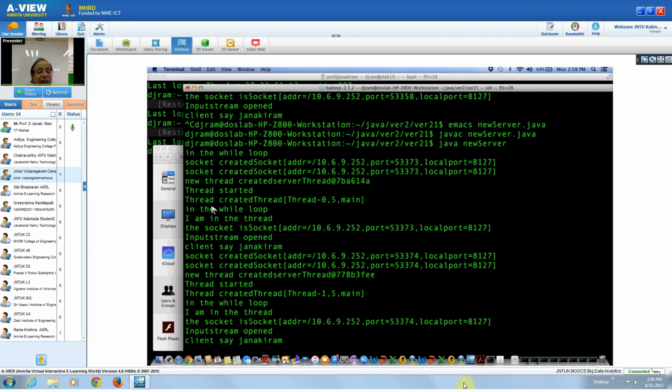Then immediately after starting the thread, it again went back to the while loop. Because this thread executes independently, I am in the while loop again. You can see there are two while loops already. Okay, I have already come out of that. So what's happening here is you're actually coming out of the